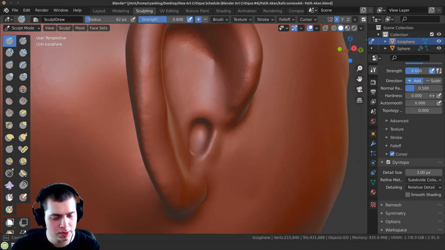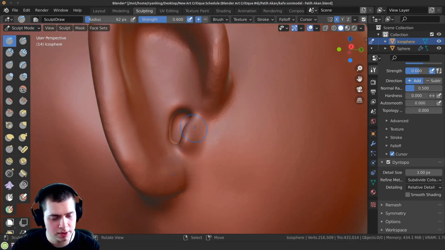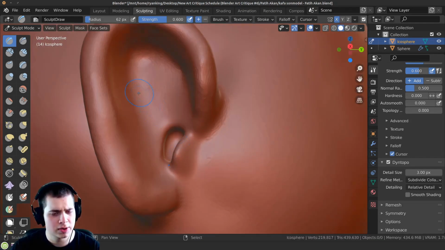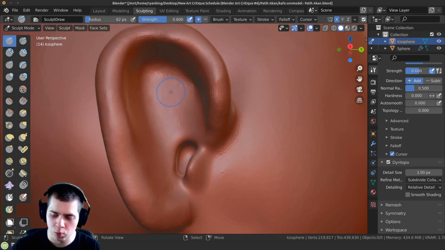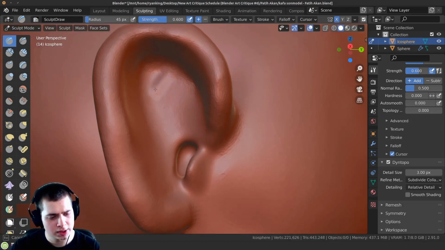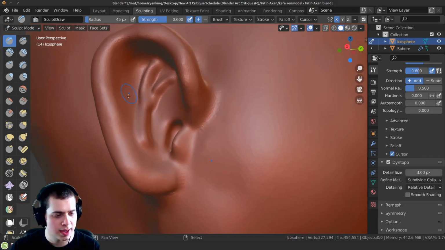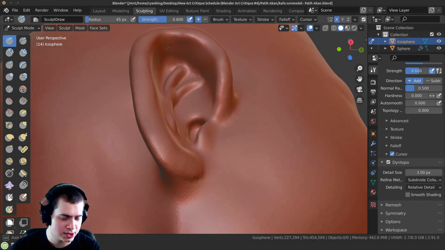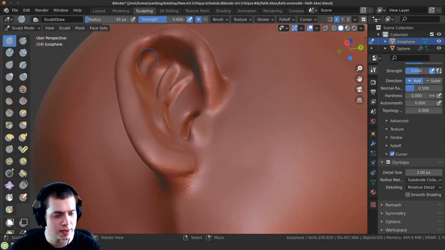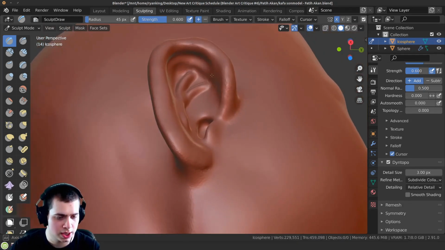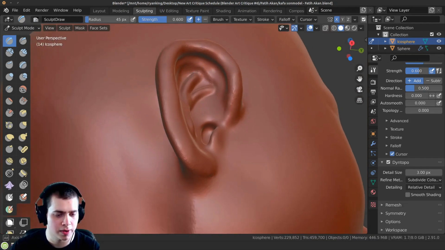And then there's also a little area that pops out like that. And then also there's a curved Y shape. It goes like this, and then it goes down like that. So there's these two lumps that connect. And then also the ear goes back inside here. So if you want to go up inside the ear and then hold down the control key and just pop that in, hollow out the ear a little bit.